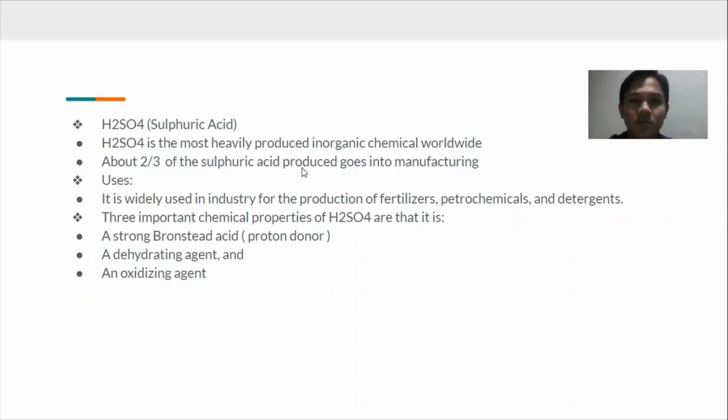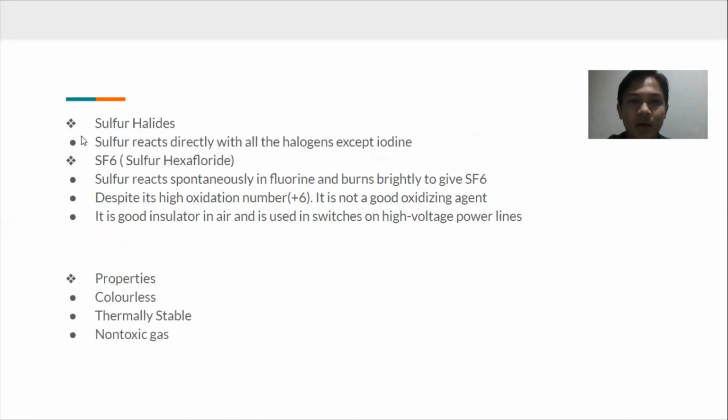H2SO4 is the most heavily produced inorganic chemical worldwide. About 2/3 of sulfuric acid produced goes into manufacturing. In the uses of sulfuric acid, it is widely used in industry for the production of fertilizer, petrochemicals, and detergent. And 3 important chemical properties of H2SO4 are: it is a strong Brønsted acid, and it is a dehydrating agent, and the most important thing, sulfuric acid is an oxidizing agent. Next